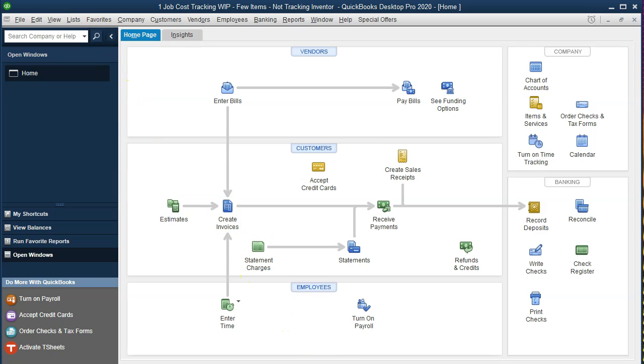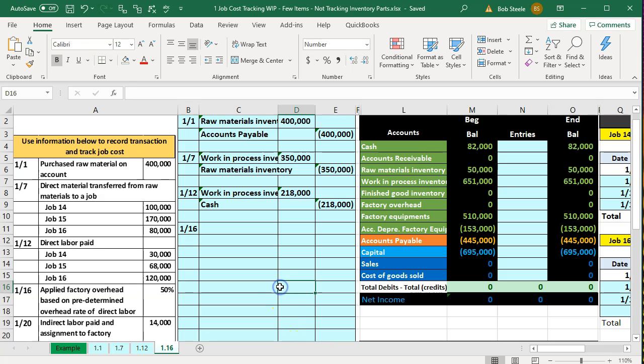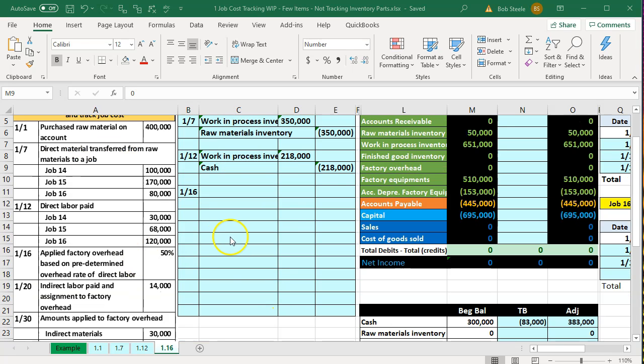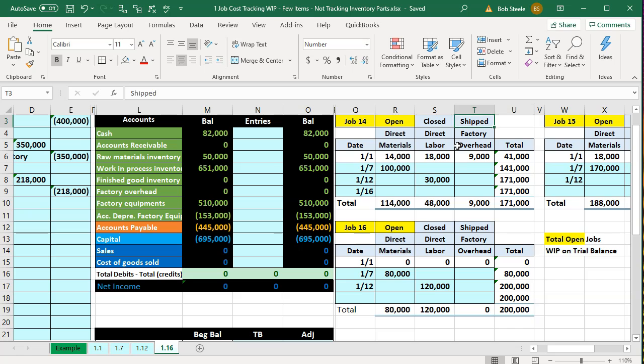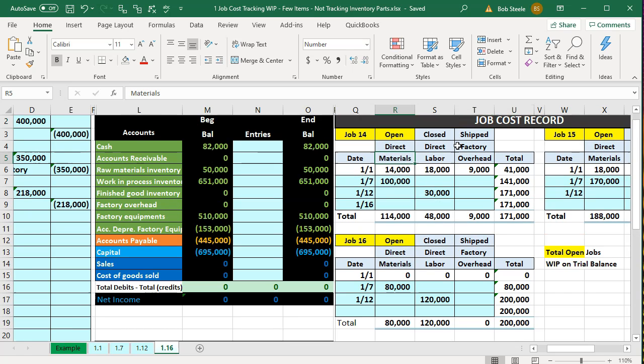We're first going to take a look at our objective by looking at our Excel sheet. Our objective now is to apply the third component of the work in process, the job, which is the overhead. And this is the most confusing kind of component because what we're basically saying in the job is, hey, look, I'm going to put our major components here. That means the direct labor and the direct materials. These are the two direct major components. We need those in the job because that's going to be driving the cost of the job for the most part. Then factory overhead is going to be all those types of things that we want to assign to jobs,